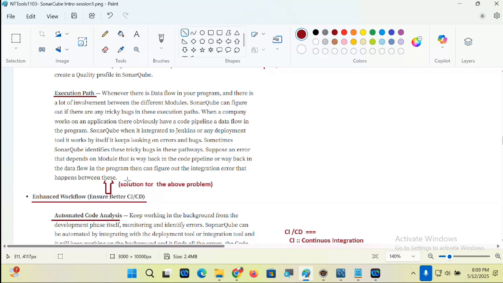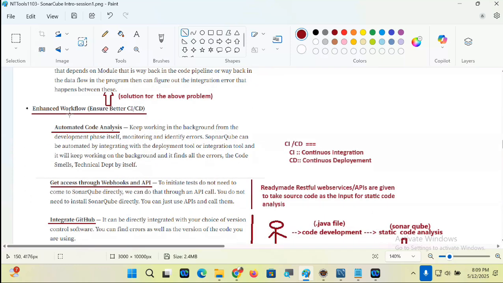SonarQube says data is traveling from one module to another module like this. In these places, data leakage may happen. Be careful. Please take care. So it may give that kind of hints or reviews, right guys?